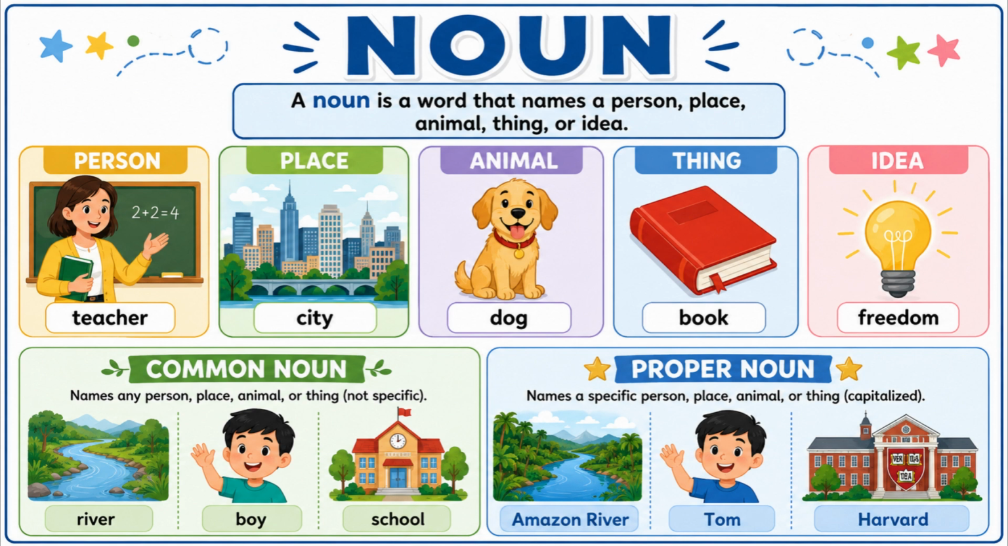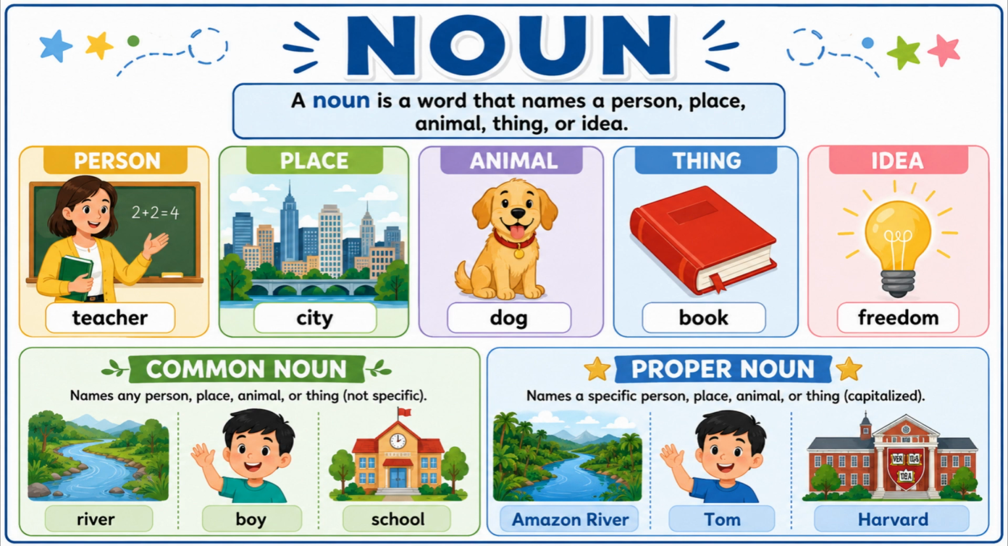Now, nouns come in 2 main types. The first is a common noun. This is a general name like teacher, river, city, or dog. You do not need a capital letter for common nouns. The second is a proper noun. This is a specific name, like Mrs. Smith, the Amazon River, Paris, or Google. Proper nouns always start with a capital letter. Always. There are also concrete nouns, things you can see or touch like a table or a dog, and abstract